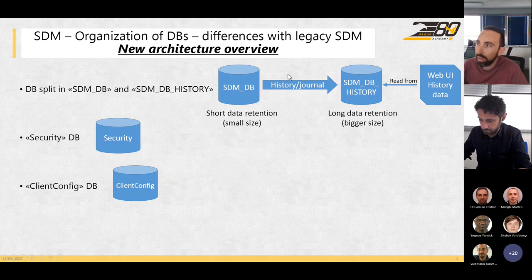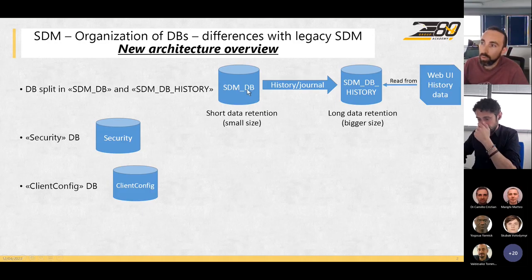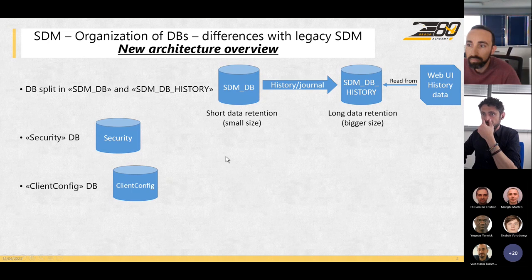You will see the details of how the history and journaling works in a module that will be explained later today. So you can also see that the web UI, when it reads historical data, it gets those data only from the historical database,